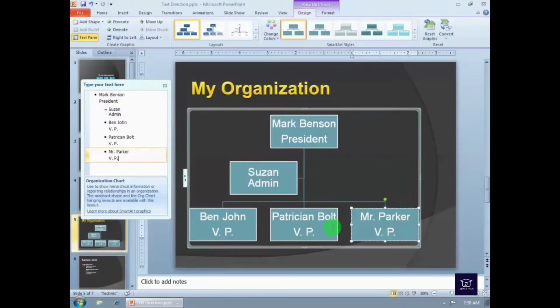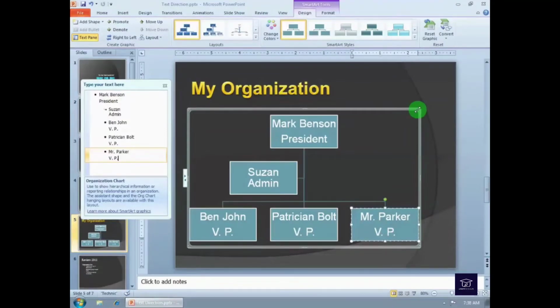And there you go. What I do in one updates the text pane, and if I did it in the text pane, it would update those corresponding shapes tied to those bulleted points. A couple of things before I go any further is that notice that